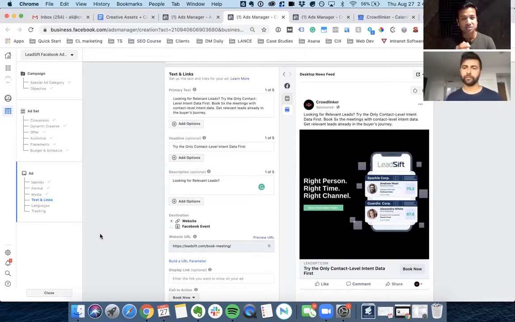Amazing. I know we started off by asking the question, does Facebook ads work for B2B? Does it work for lead gen, whether it's lower in the funnel, like booking a meeting, or more top of the funnel, like an ebook? Obviously from Ali's example, CrowdLinker, it does work. And Facebook probably has a bunch of other B2B experiences. But the whole point of this masterclass session was to showcase how you can use Facebook custom audience along with intent data in a seamless way to target your audience, segment them by different personas and criteria.